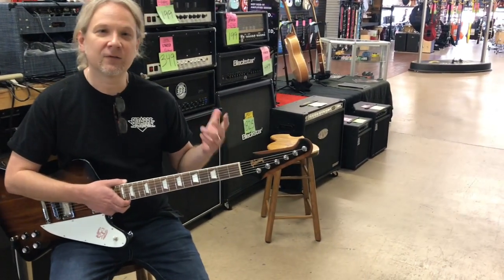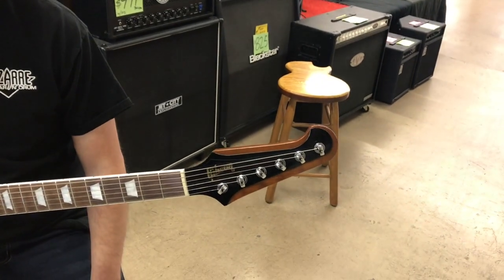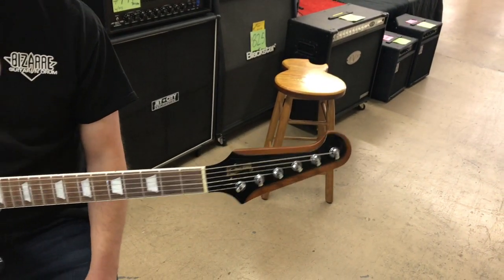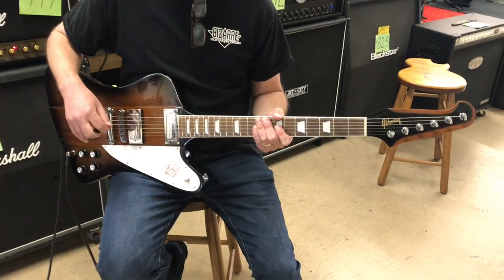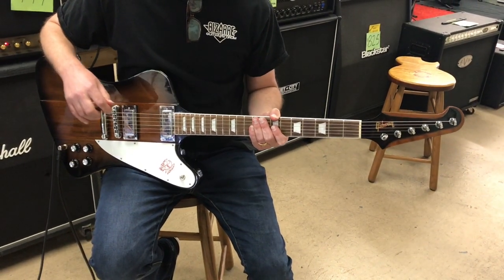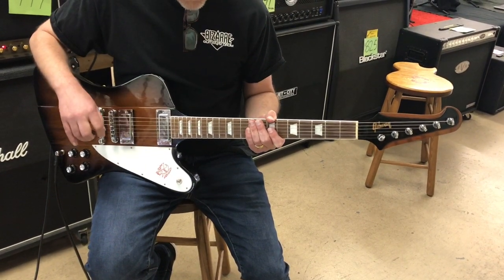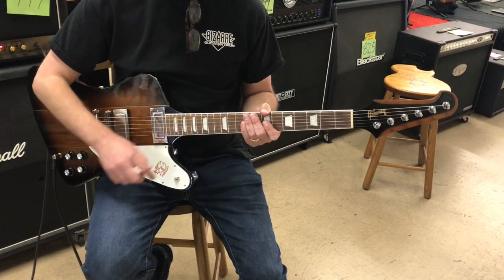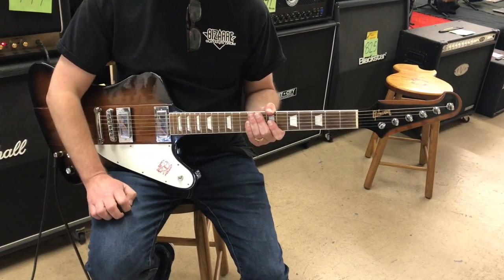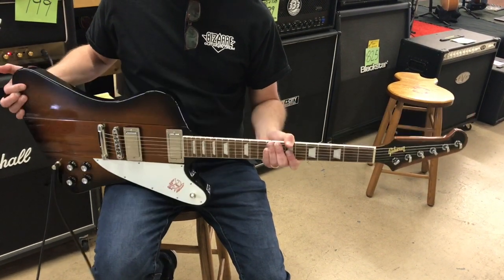Also interesting to note that the first guitar to ever have a reverse headstock is the Gibson Firebird. So the one that we have, this 2017 model, is based off of, I believe, the Firebird 5. It has the two pickups. These are mini humbuckers. And it also has trapezoid inlays, and that's kind of how we would tell it's a 5. The makeup of the wood is mahogany, and there's also walnut